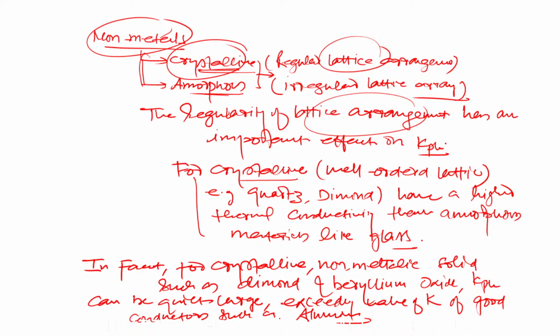In the case of non-metals, the reverse case is there. But if I compare non-metals at room temperature, the thermal conductivity of the crystalline solid is always more than amorphous because of regular lattice arrangements. Clear? Because in the crystalline solids, the arrangement is very regular and well ordered, so that phonons can easily flow and that can contribute more to the heat transfer. Clear to you? So is this clear about the